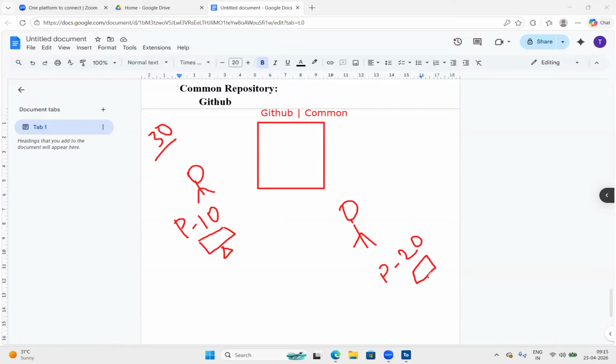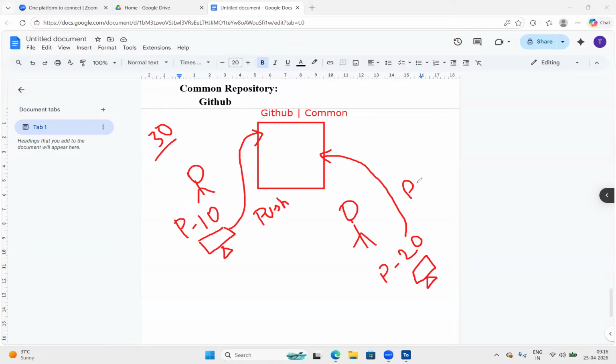But I want to see these two persons' test case developments together. Once they are done with the development, they push their code to the repository, using the git push command. Similarly, the second person also pushes the code to the repository.